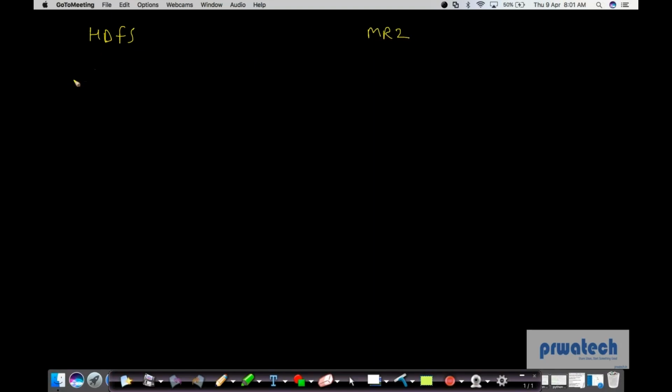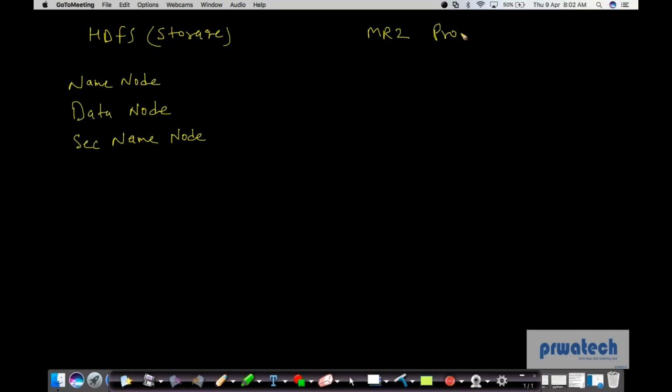Okay. Now in HDFS we have name node, data node, secondary name node. Within MR2 for process, this is a storage area and this is processing area. Here we had resource manager,